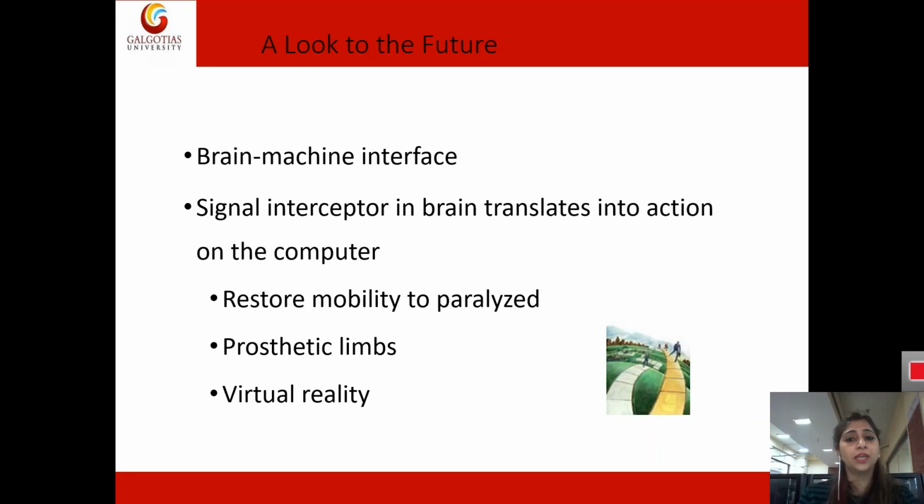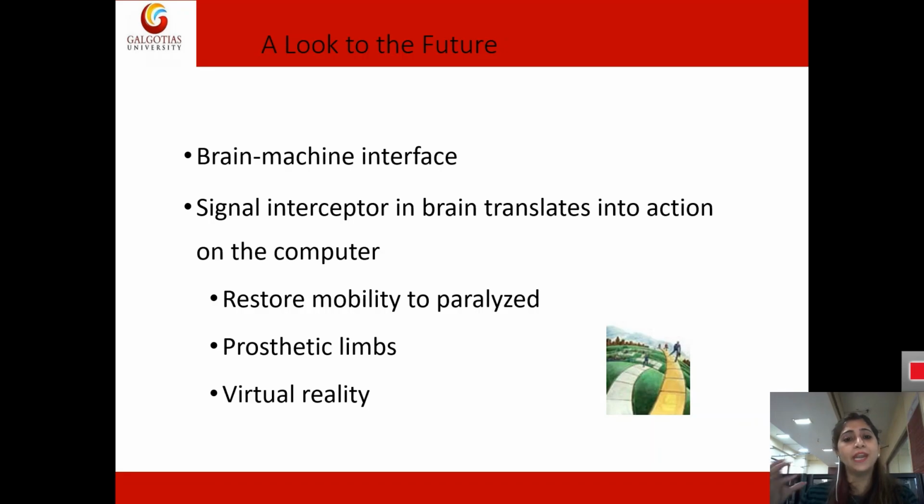We use these kinds of interceptors in the brain, and they are used to translate what is in the brain into action on the computer. So this looks like the future of devices. The brain machine interface is there. Then we have virtual reality.